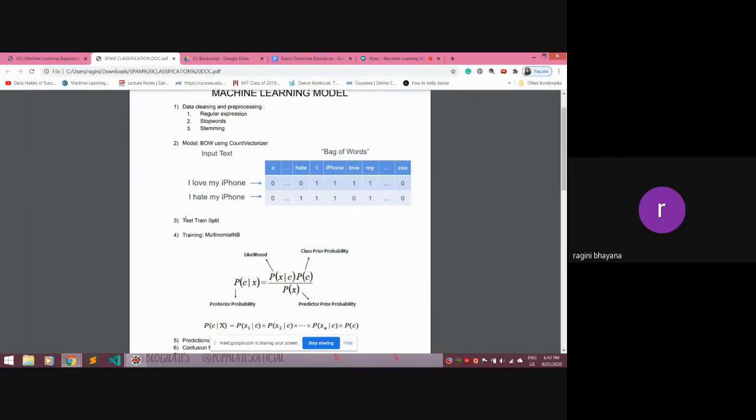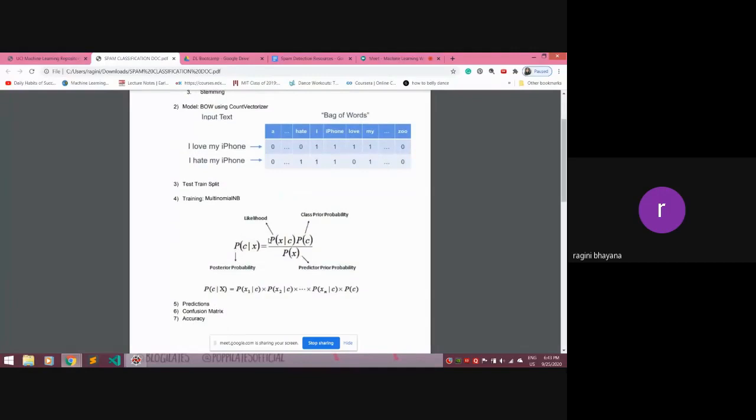Then train test split, you must know about this if you're following up throughout the week. Multinomial Naive Bayes. We are using multinomial Naive Bayes of sklearn for training our model. It is a very simple concept. You must have learned this in your high school. It basically provides you the likelihood of something happening, if something has already happened. It will tell you the probability. We have provided links for it in the Drive if you want to learn about it further.